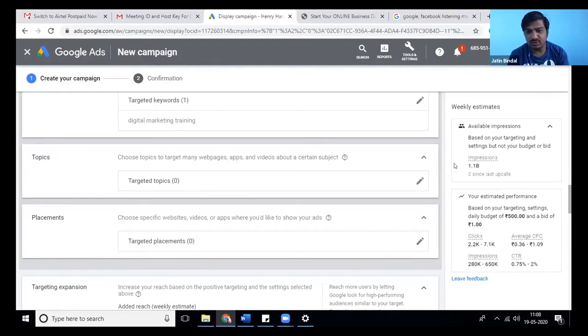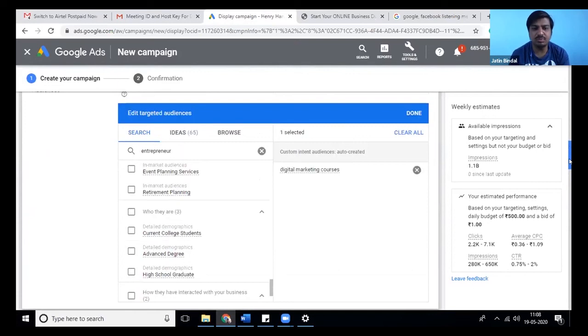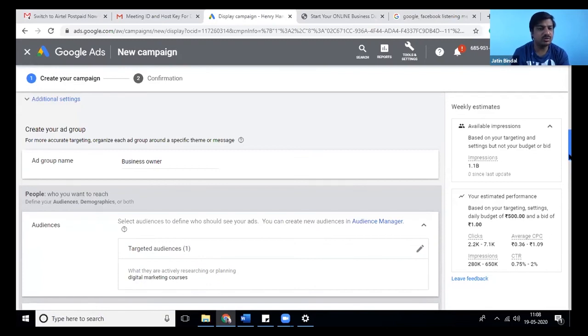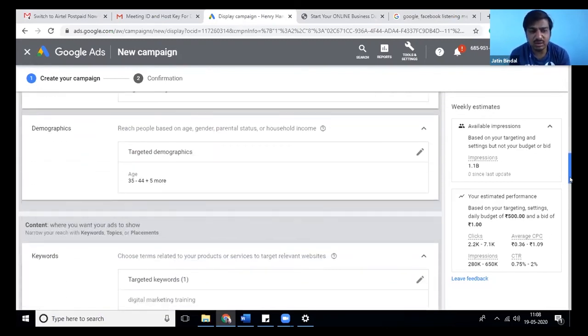Aditya says, I think you need to target what business owners search on Google. Maybe that is also a good option, but again, different entrepreneurs are searching different things, different business owners are searching different things, so you can't really target that.